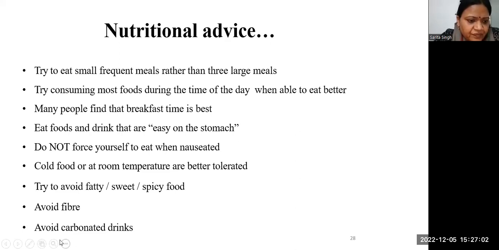Nutritional wise, avoid fiber and carbonated drinks; cold or room temperature foods are better tolerated. See how the patient can tolerate and what the patient can accept easily. In this way, as nursing care, you can help the patient. Next,